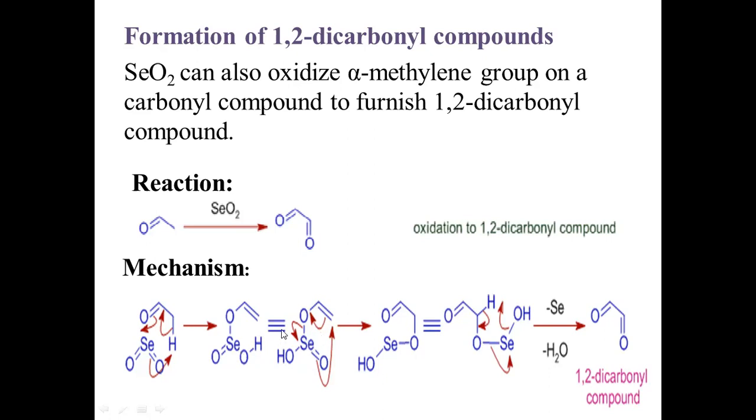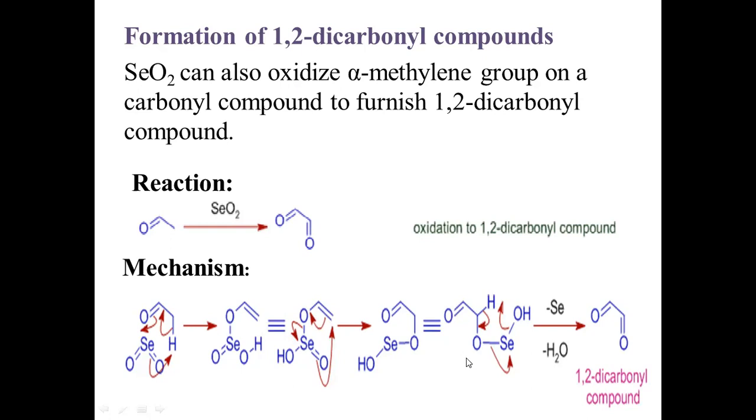Now I am representing the same molecule like this. Here this is undergoing a 2,3 sigmatropic shift. This is 1, 2, 3. This is 1, 2. In between these two ends you will get a new sigma bond. Here you got a new sigma bond. So the new sigma bond positions are 2 and 3. That's why we call this a 2,3 sigmatropic shift.